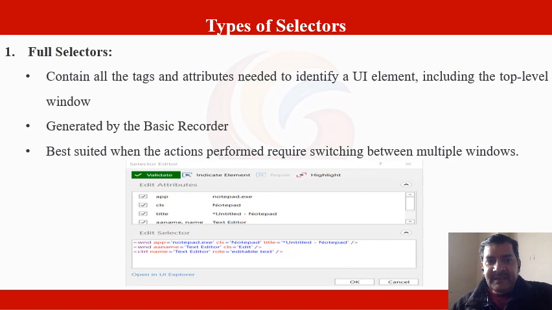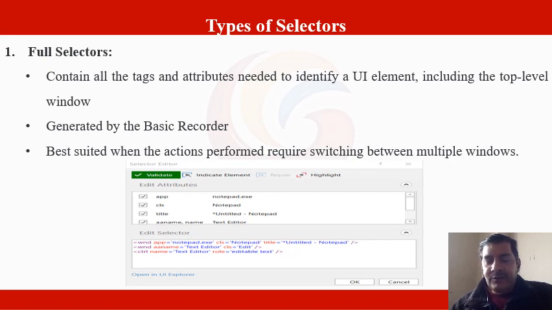This arrow is the indicate element. You can see that validate is in green color. The tick mark means validated. Whatever element or clicking button you validate in terms of selectors, if there is no error it will be validated.